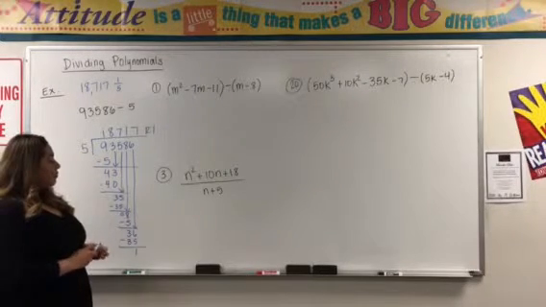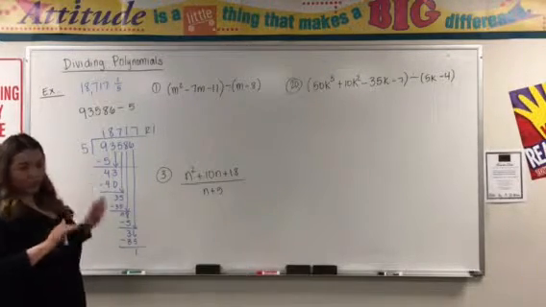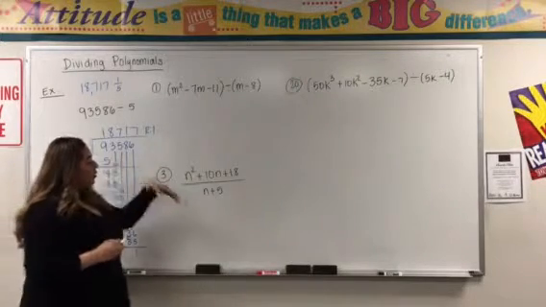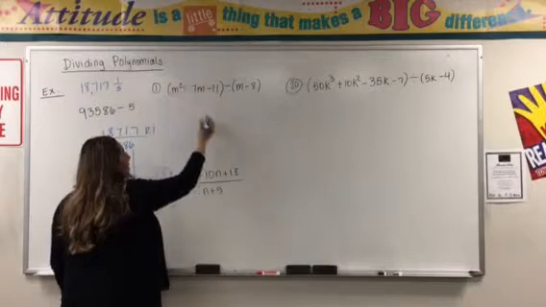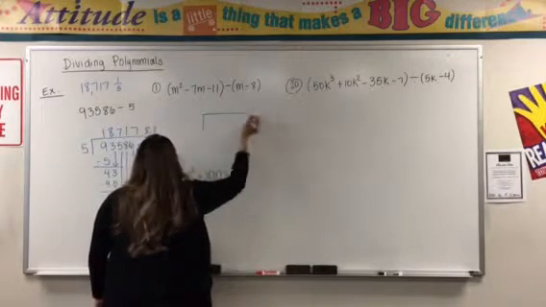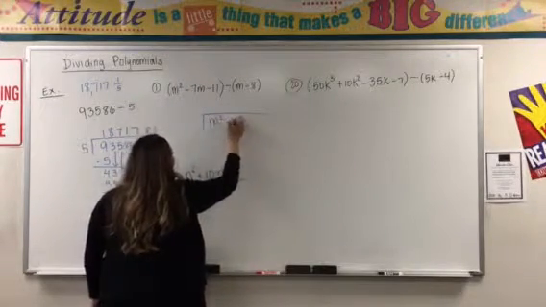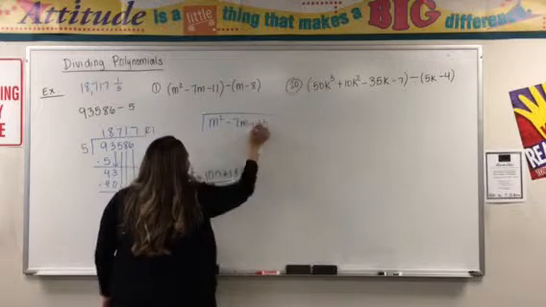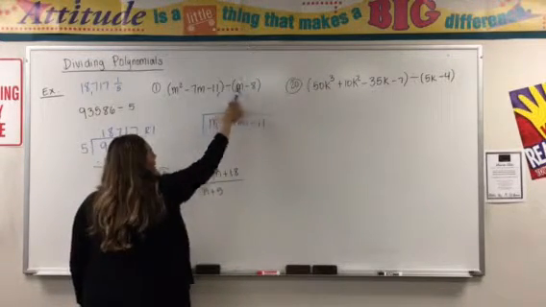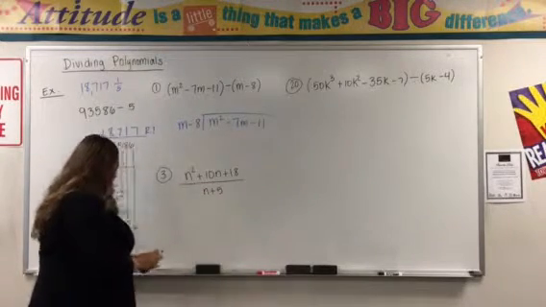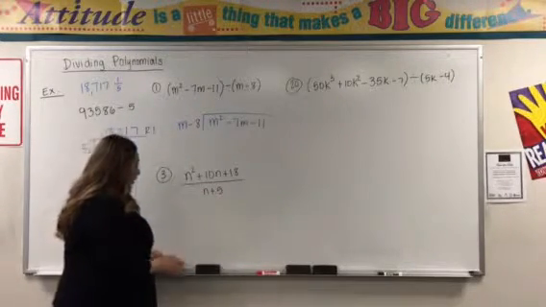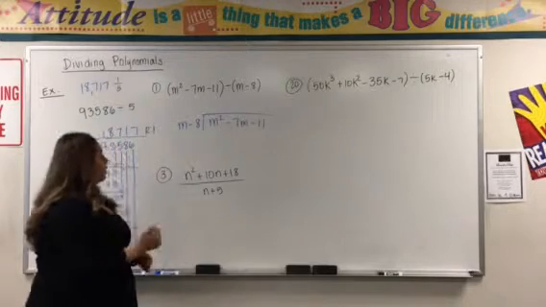But for this one, I'm going to show you a shortcut instead of doing it the long way. Again, it's the same thing. Whatever we have in the beginning goes on the inside. So it's going to be m squared minus 7m minus 11. On the outside, we're going to have m minus 8. So the first thing that you're going to do, once you put it into the little box, is